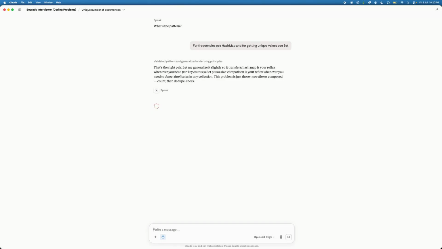That's the right pair. Generalize it so it transfers. A hash map is your reflex whenever you need per-key counts. The set plus a size comparison is your reflex whenever you need to detect duplicates. This problem is just those two composed: count, then dedupe check.